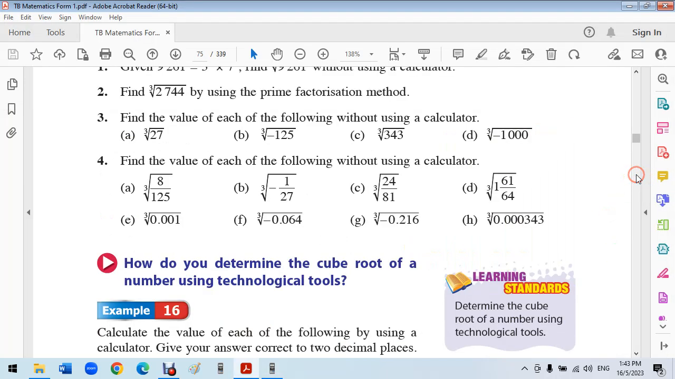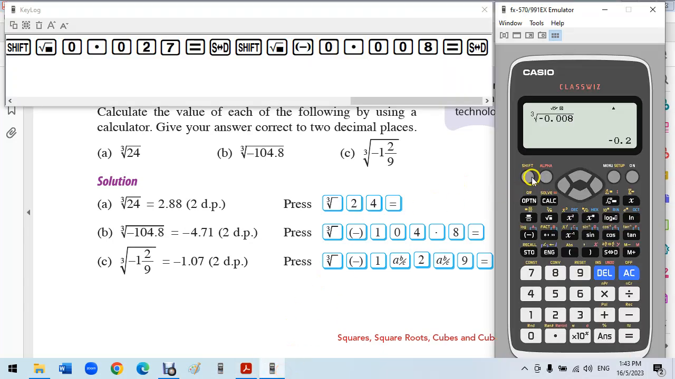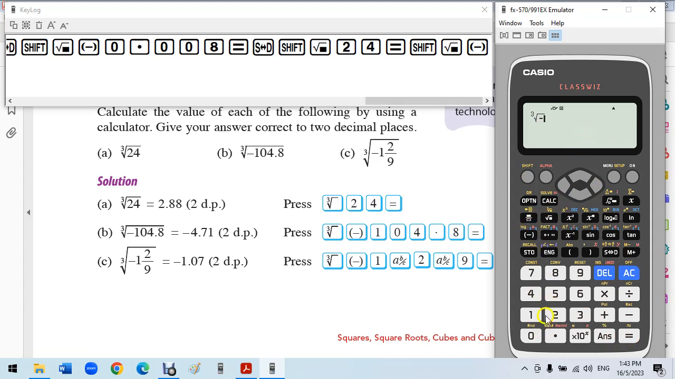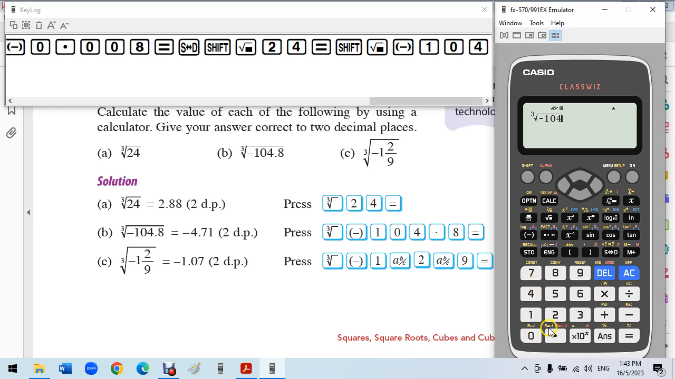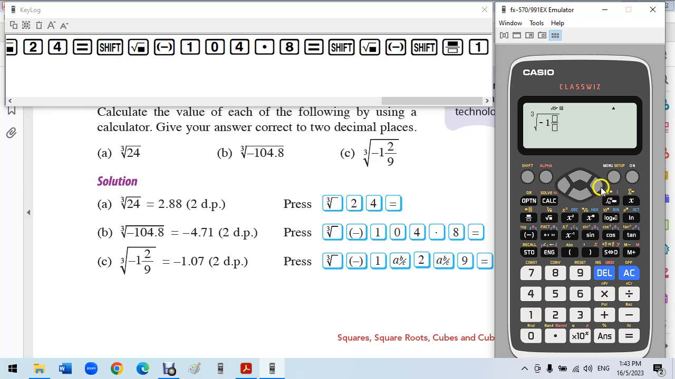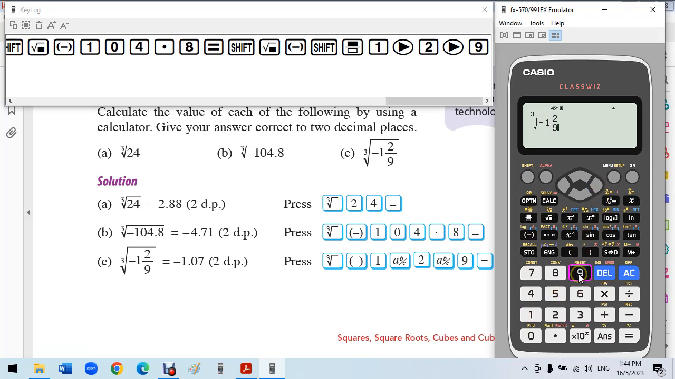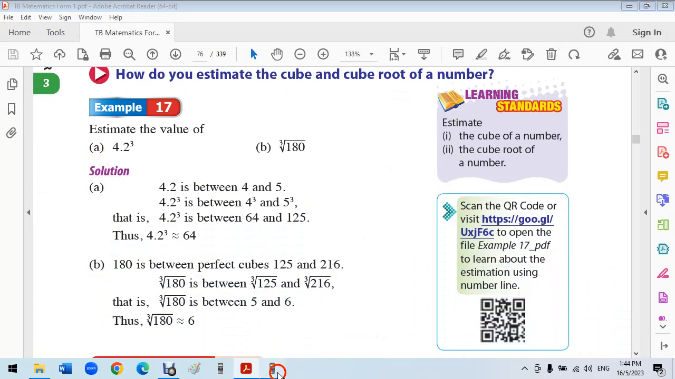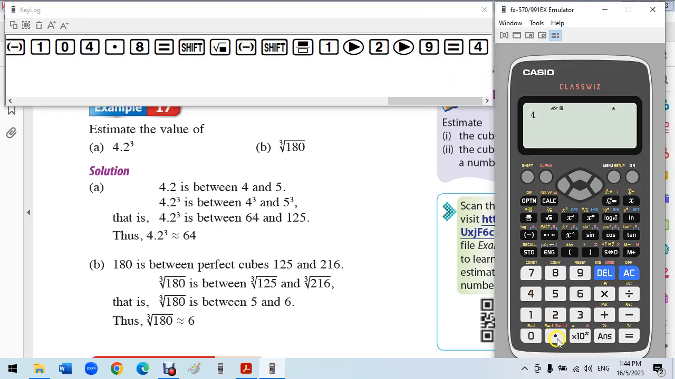Okay, so this one they want the cube root of 24, 2.88, cube root of negative 104.8. Okay, and then we have the cube root of negative 1 and 2 over 9, so negative 1.07. Okay, so we want to estimate this value, so we just calculate out this value, 4.2